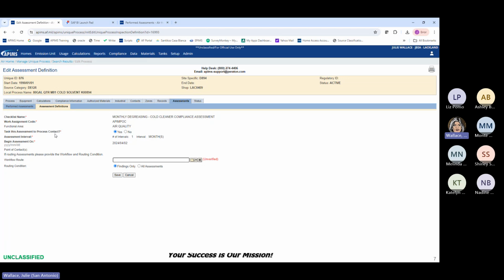So the workflow routing and condition, I don't recommend it. There are a few bases that use it, but when I'm configuring somebody's module, I don't usually use it, at least not at first. Okay, so I'll warn you against that. That can kind of be for more established programs. Okay,